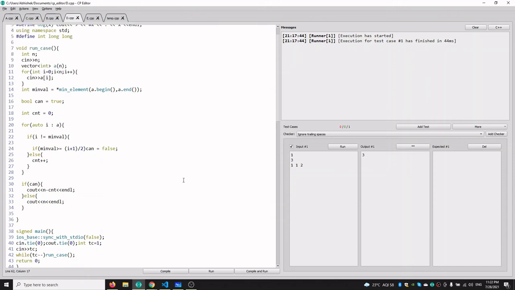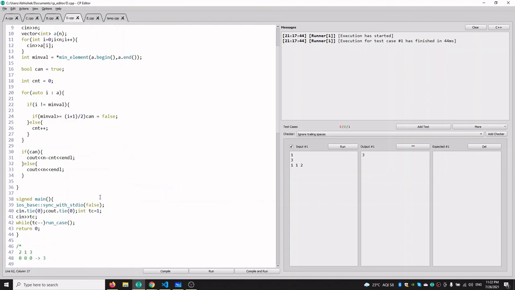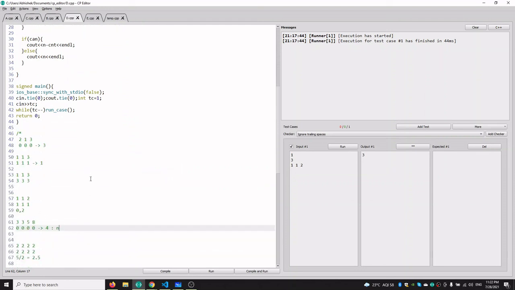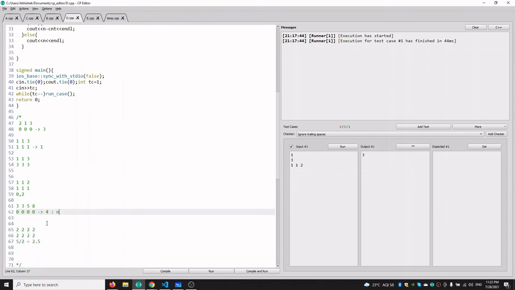Anuj, do you have any doubt? Yeah, I think it is not clear what the count variable is representing. The count variable is representing the count of the minimum element. Like if we have 2, 5, 7, 8, then the count is representing the count of 2.